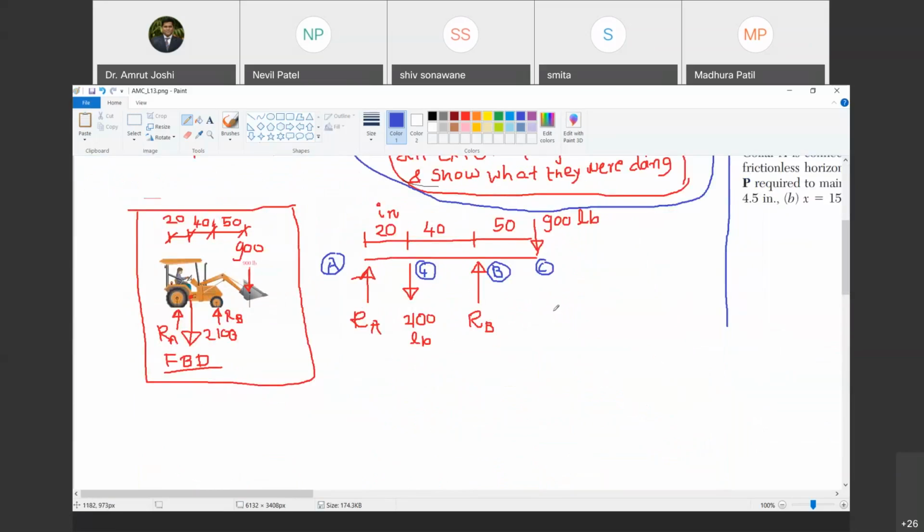Yes, sir. But this equation involves both the unknowns RA and RB. So this equation in itself cannot give me the value of any of the unknowns. Do you agree with me? Yes, sir. Therefore,